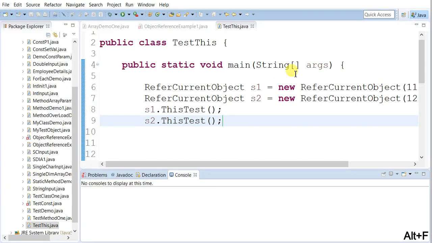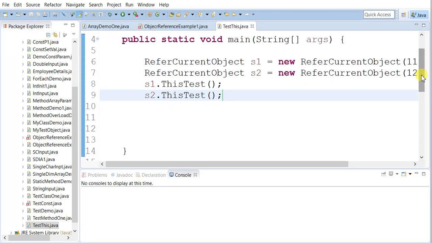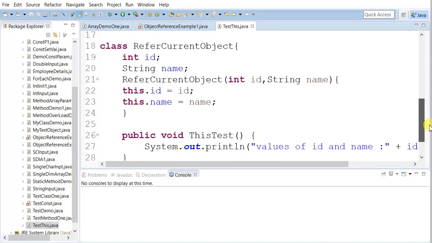Again let us understand the code completely. In the main class, we are creating the object for the independent class and passing the values for the parameterized constructor. Two sets of values we passed, and we called one method. Where exactly has the method been defined? The method has been defined in the independent class.